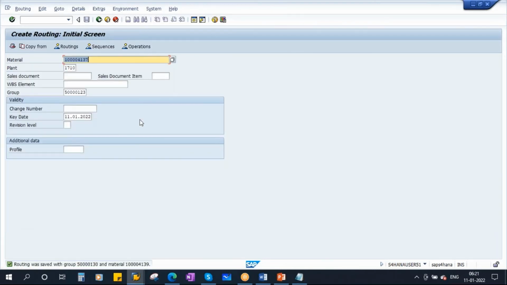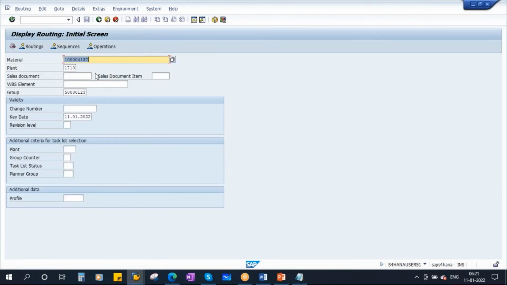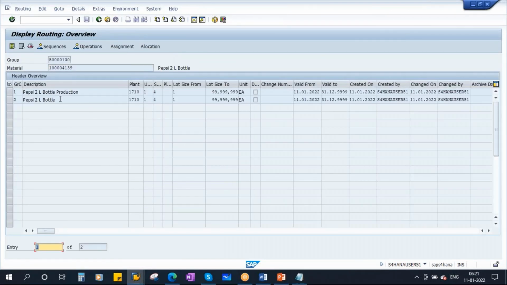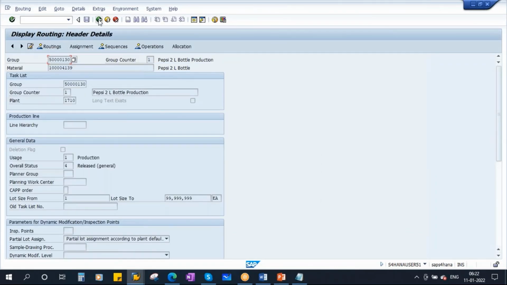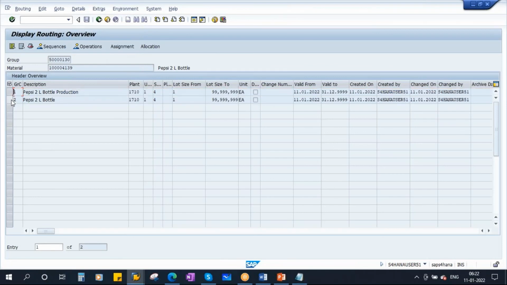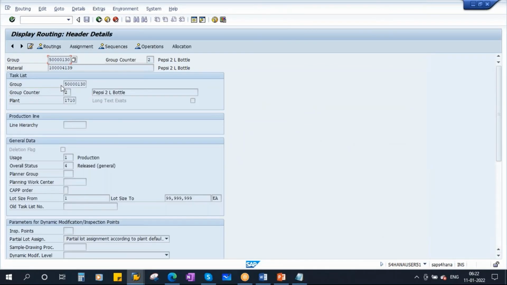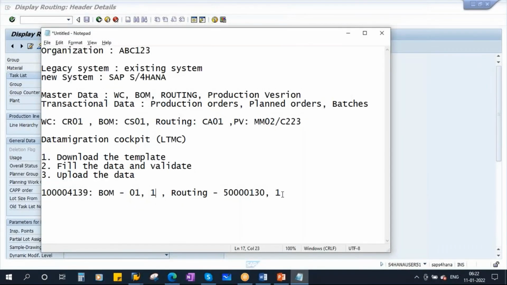So now this product basically has two routings. If you go to display 4139, it has two routings. The first one, alternate routing, group number is 130. The second one should also have the same group number, only the group counter will be different. 130. Okay, group counters are 1 and 2.